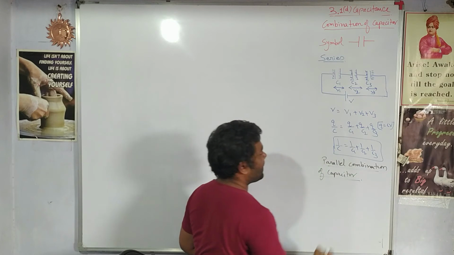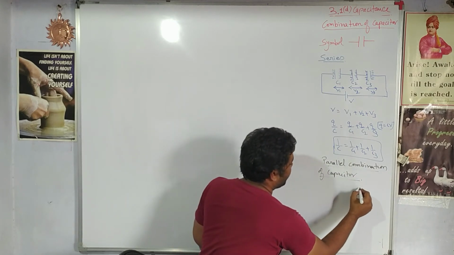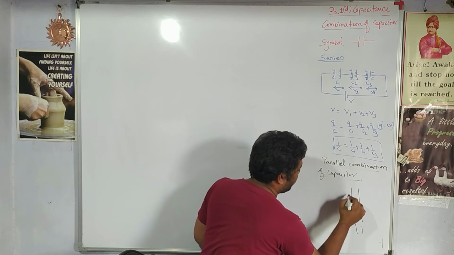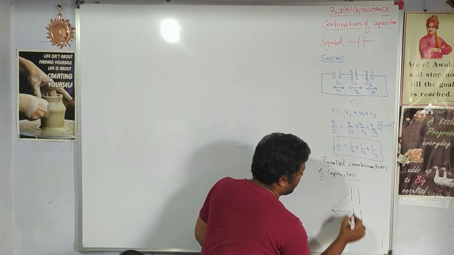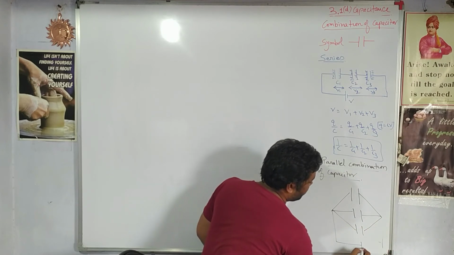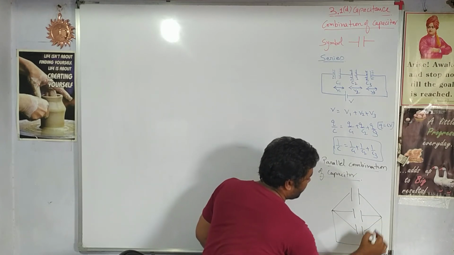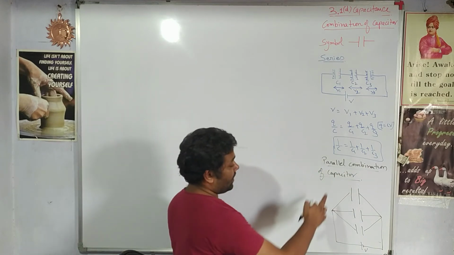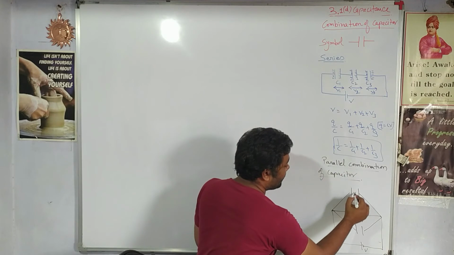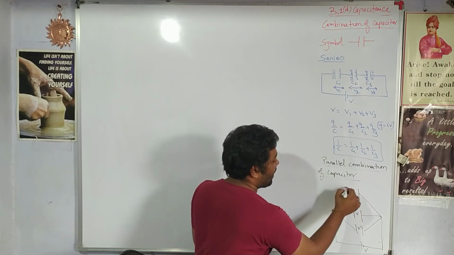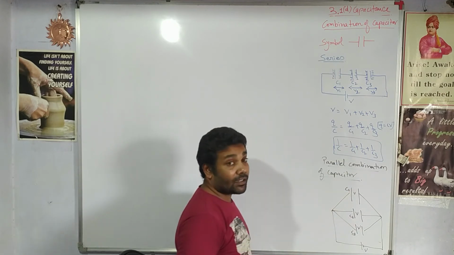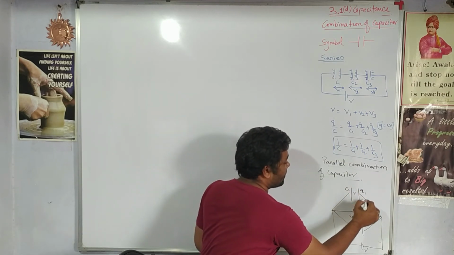When capacitors are connected in parallel, the diagram will look like this. I will take 3 capacitors which are connected in parallel, and they are connected to the source of potential difference V volt. Now when they are connected in parallel, again the thing to notice is that everyone will have the same potential difference. Capacitors have their capacity C1, C2 and C3, and since they are connected in parallel, charges on them will